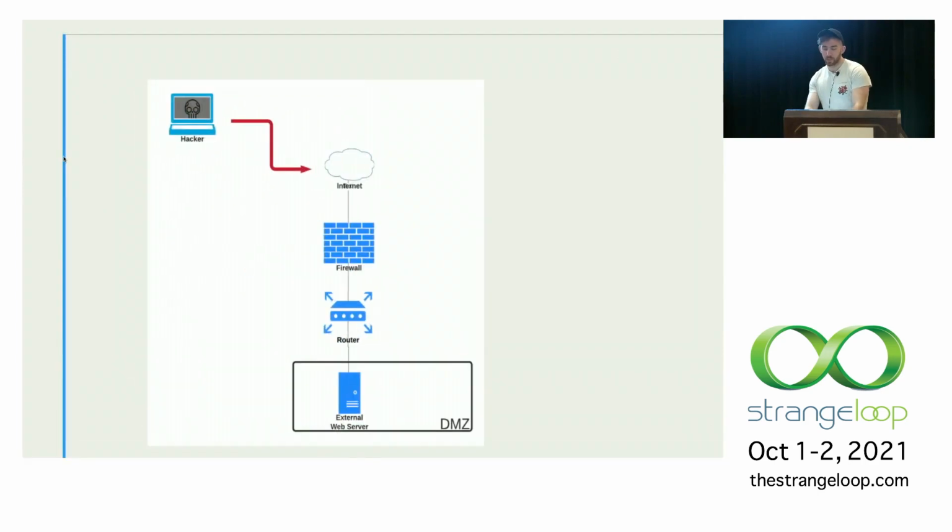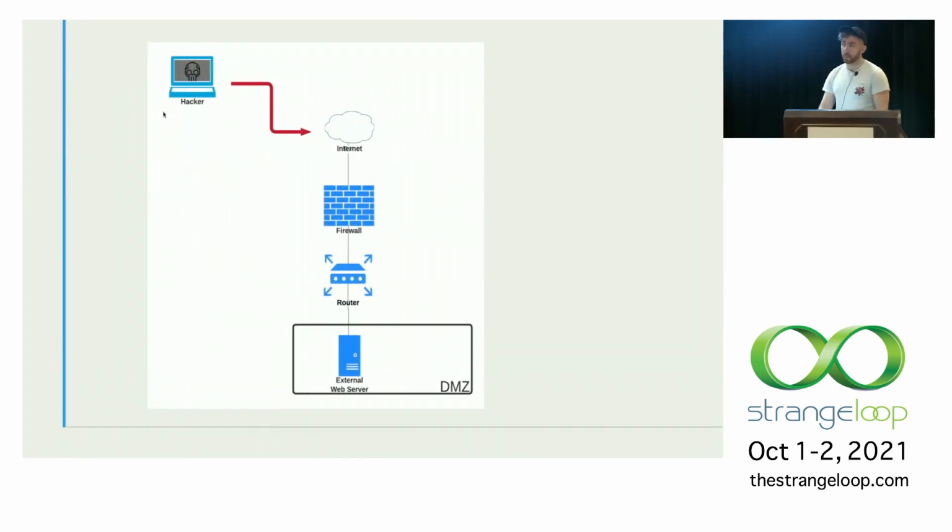So if we can just do a pictorial example. Once upon a time, I was a skull in a laptop, and I was looking at the internet. I can go through the internet to a client's external web server. The world would be very secure if we just stopped networking all our devices, but we found out they're way more useful that way, so we tend to network them anyway.